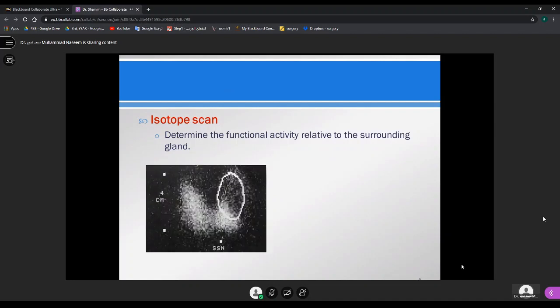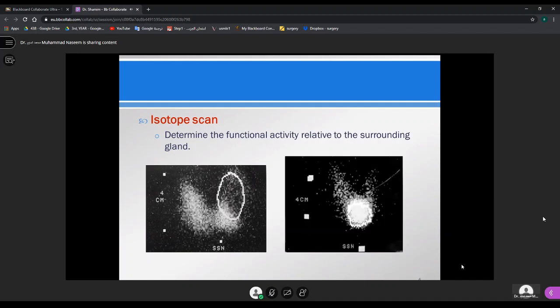Like in this picture, you see a scan showing both lobes of the thyroid. One part of the thyroid is marked in a circle. This white line does not represent the skin. This is just a highlight to make it prominent. This patient has a clinically palpable swelling in the left lobe. And on radioiodine uptake test, this area does not show any uptake of radioactive material. So we label it a cold nodule, that is not taking up radioactive iodine. And a cold nodule has more chances of malignancy.